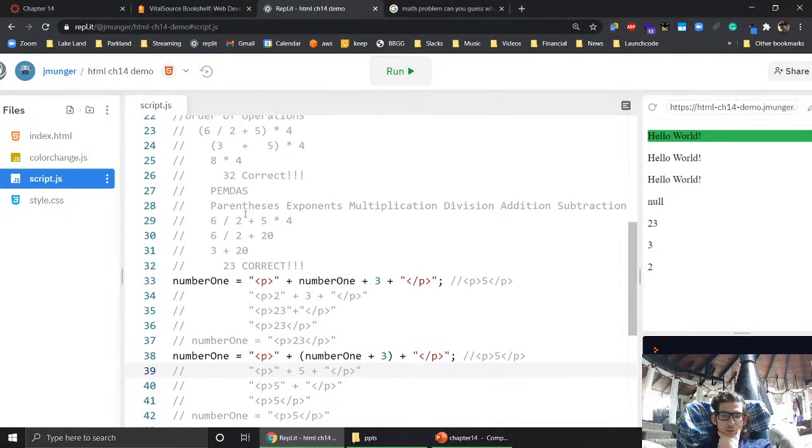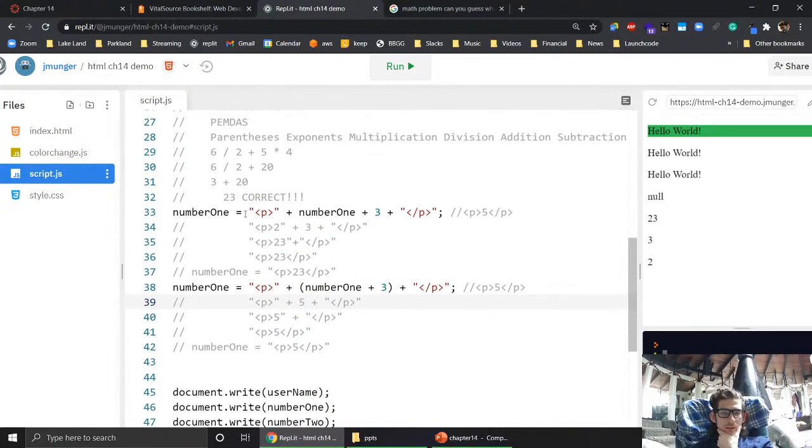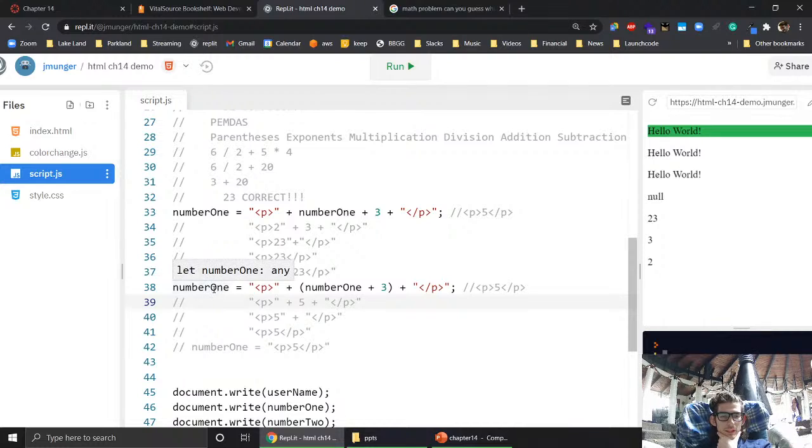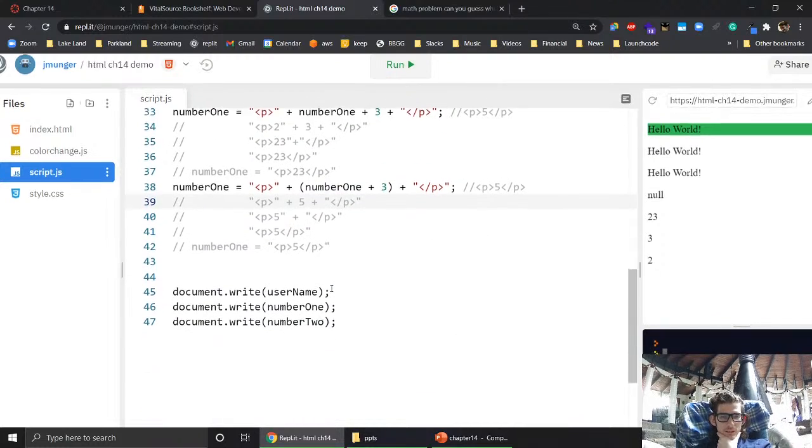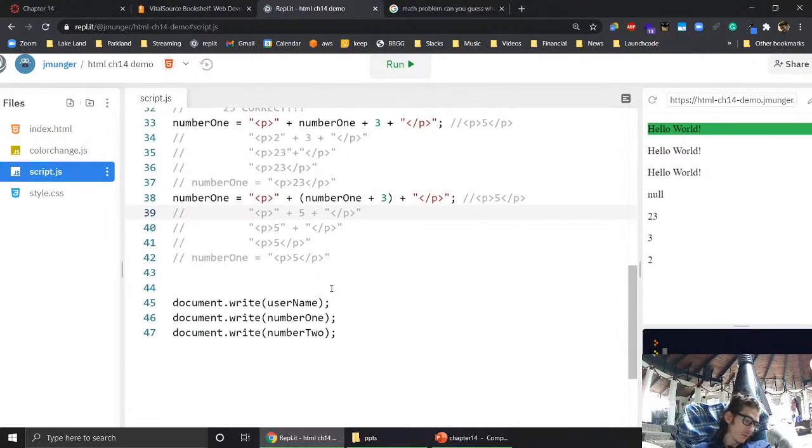So it's going with 23, which is confusing me because we're overwriting that here with our 5. I don't know why it's doing this, because it should, and so I'll explain why I'm confused,